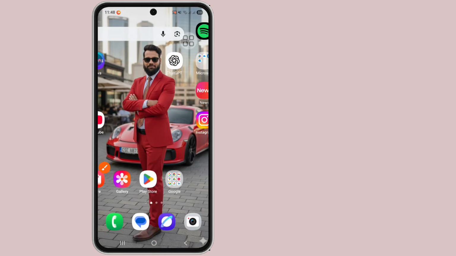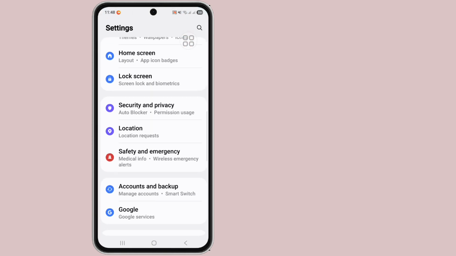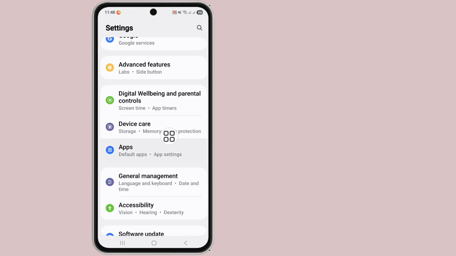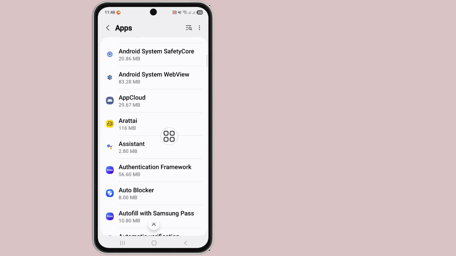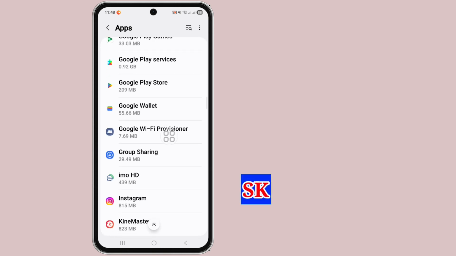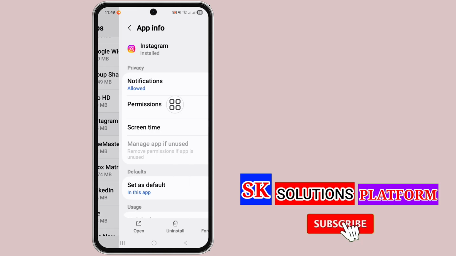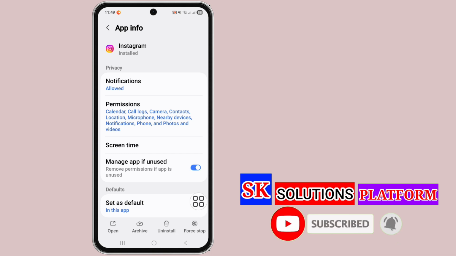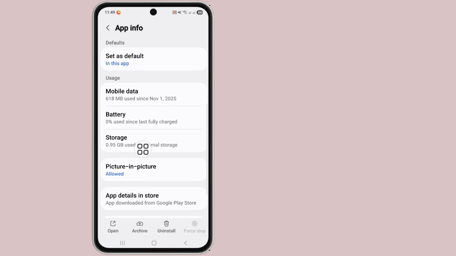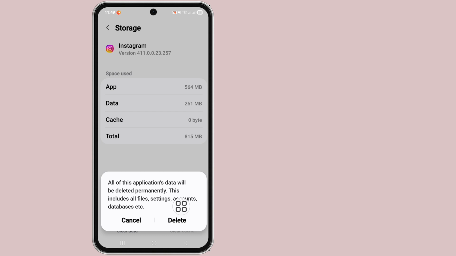and go to your phone settings and scroll down, then click on the apps option and scroll down. Now tap on Instagram. Now click on force stop. Okay, scroll down, then click on storage, clear cache, clear data, delete. Go back